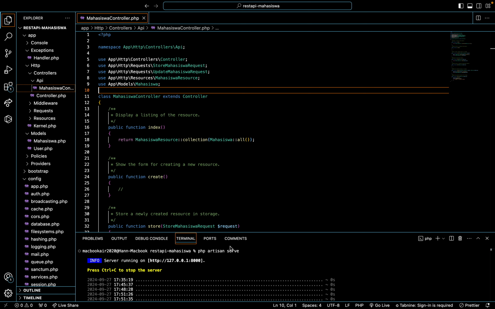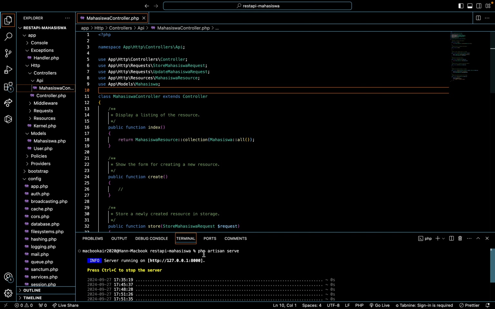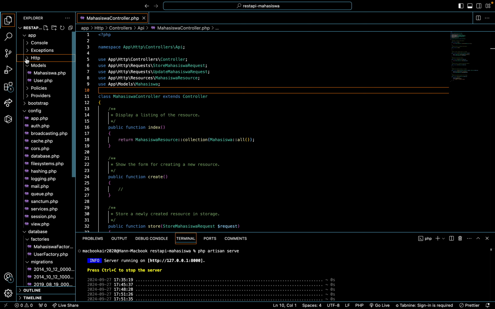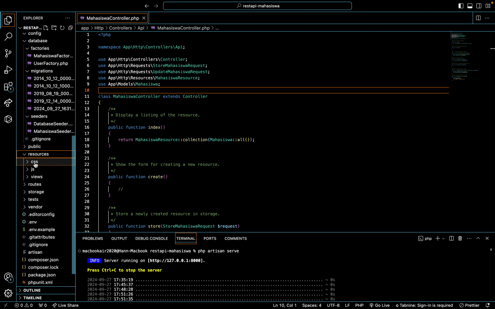The last is using the terminal. We will run php artisan, no, maybe this is not the last. Before php artisan serve, we will make a model for the resource. What resource, I don't know.